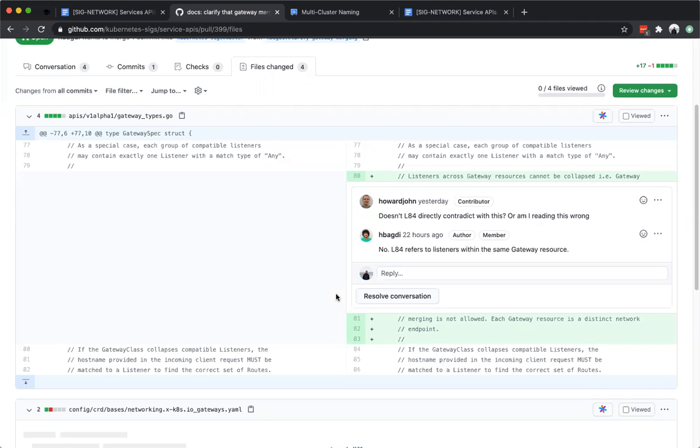I think we have solved that problem with HTTP route now, because an ingress resource is essentially HTTP route in the new model. But I think we discussed this briefly in one of these meetings, and it makes sense that you should not be able to merge gateways, and each gateway is a different network endpoint. So that's the problem I'm trying to solve.